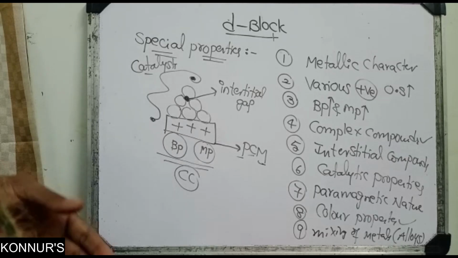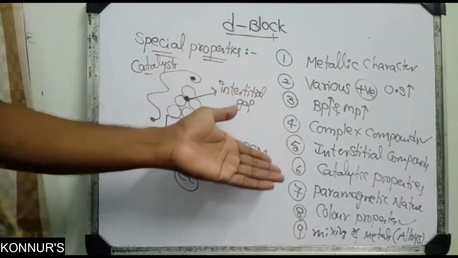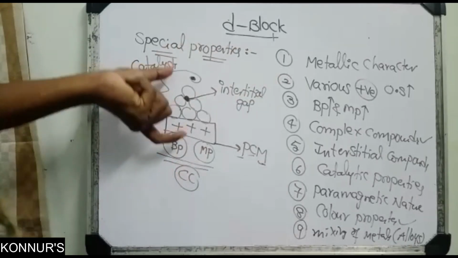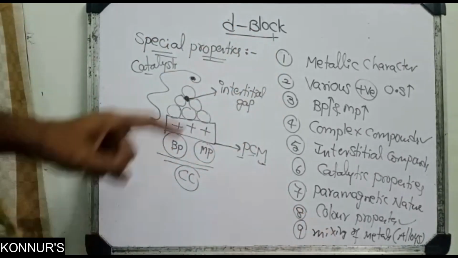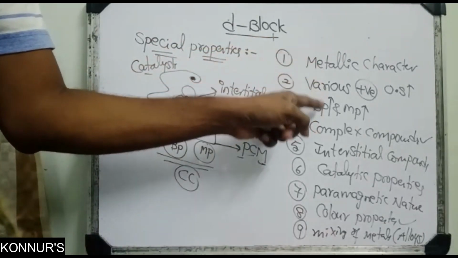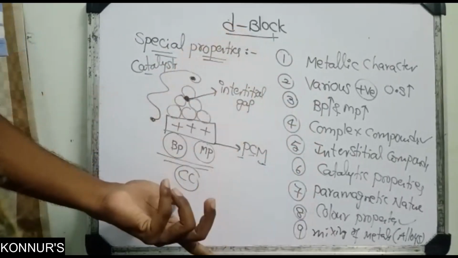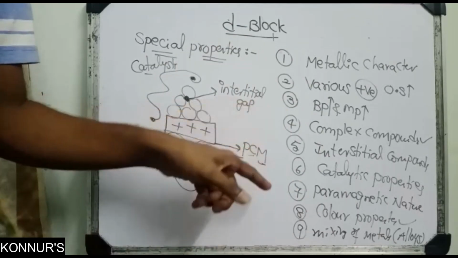Suppose you generally learn by heart, then just 3 or 4 you can manage. But based on this diagram, you can write all 9 points perfectly. See, every point with its reason we have explained, which means the chapter is over. In the next class we will discuss further things.